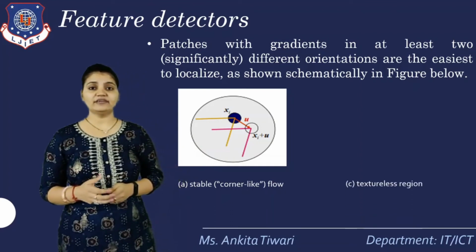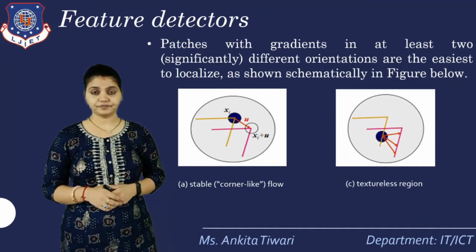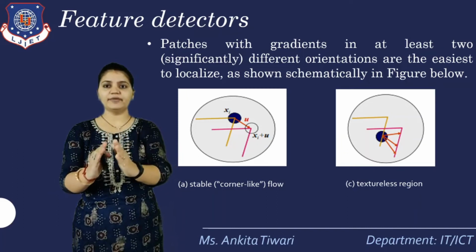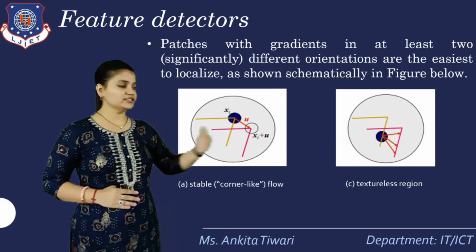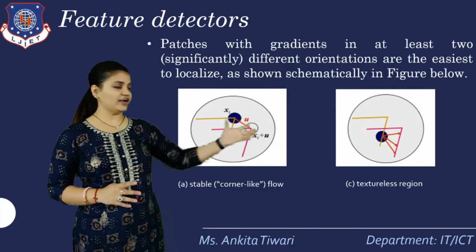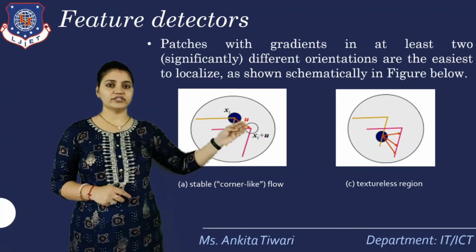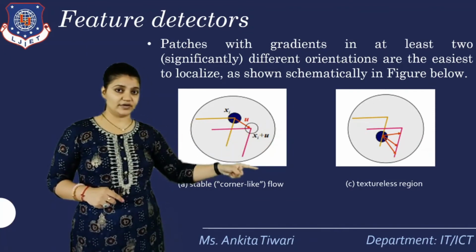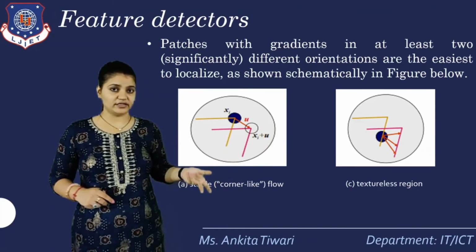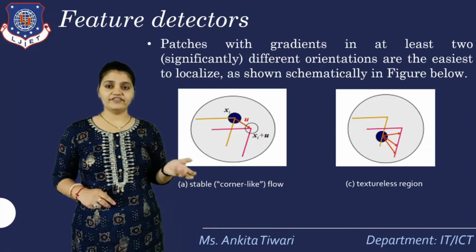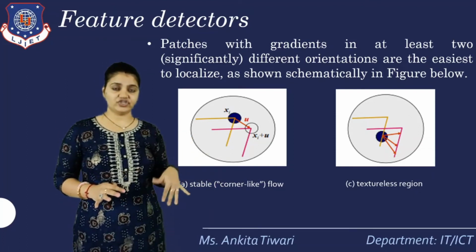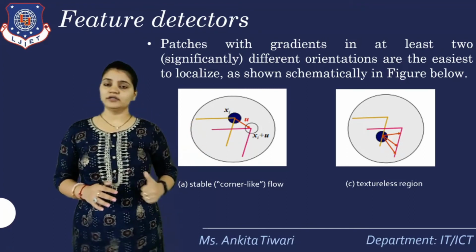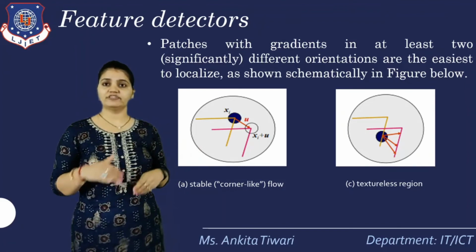Now with respect to that, we also have the textureless region, which means the properties defined are not stable. It is not stable in the form of points. So here, as you can see in the textureless region, we have one aperture value and we have the distance, and from that aperture it shows different lines. The distance will be varying with respect to that. So in the textureless region, we can get the image texture, or we can get the gradient in a particular format. This is what textureless images are as well, as defined in the feature detector.